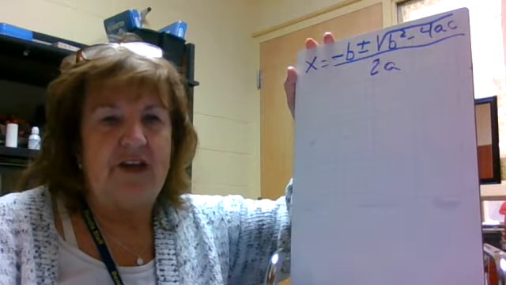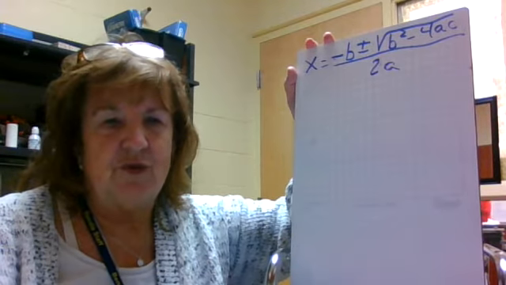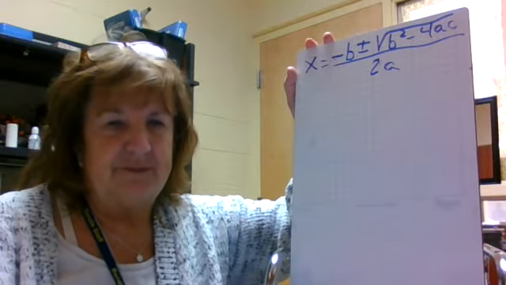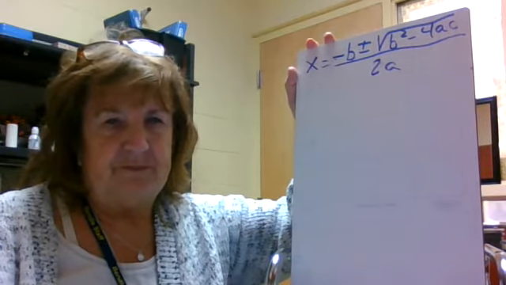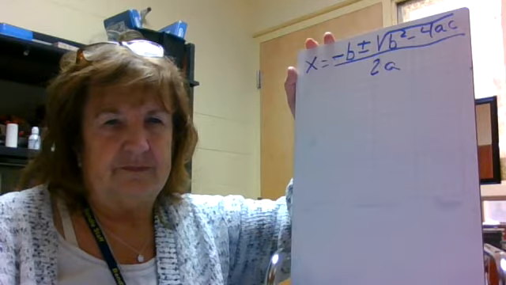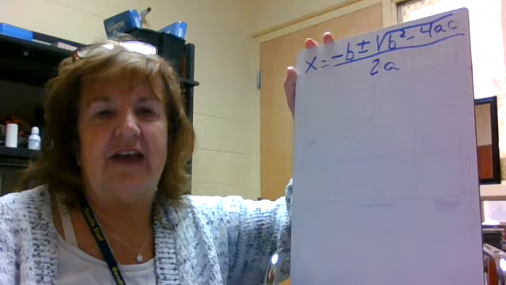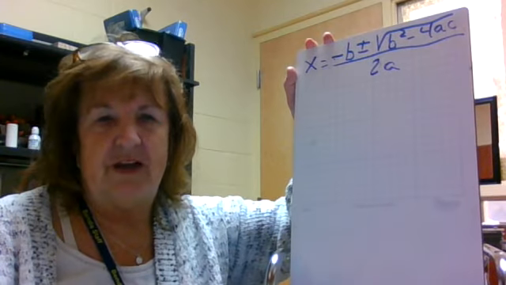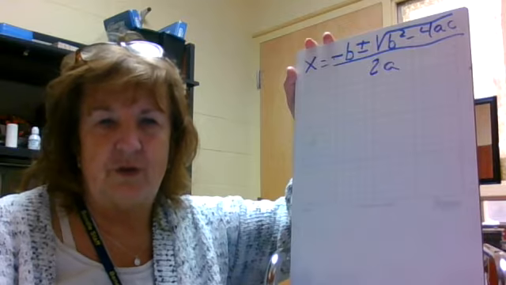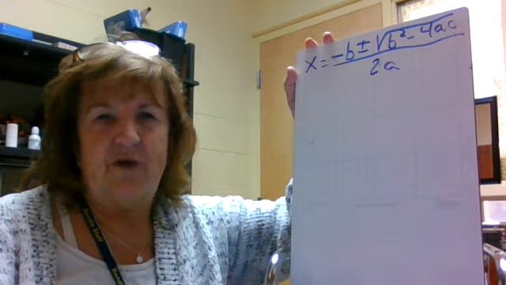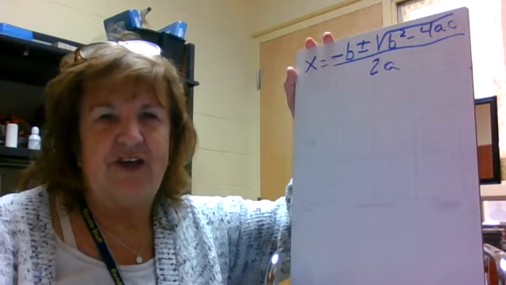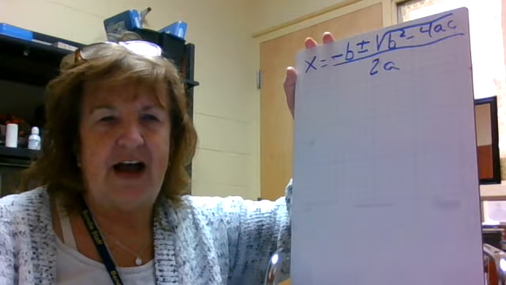If you go in your dashboard and you scroll down to the worksheet that says Quadratic formula and discriminant worksheet number 2. If you open up that worksheet and you look at problem number 5,